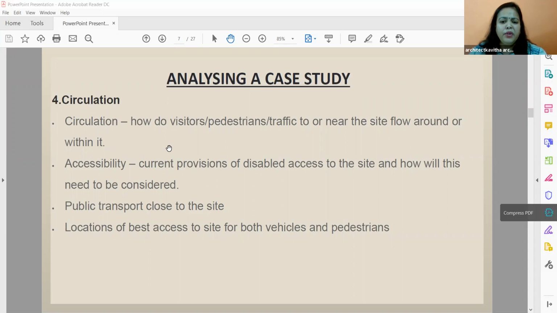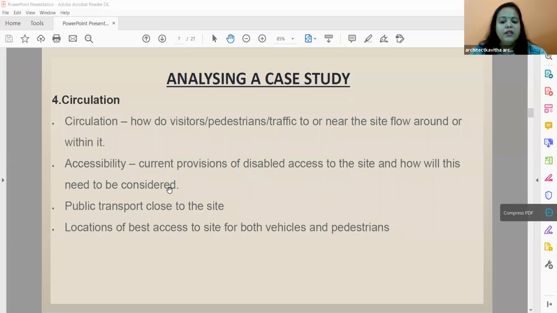Because you can easily make out where all the positions of the rooms are there, or you can take pictures. And sometimes if they refuse to give you plans also, you can go through the site and make a sketch also and present. So not necessarily you have to have a ready plan. You can also sketch the plan, because once you see the room, you know it, right? Approximately you can sketch, and you can present the plan also showing different circulation.